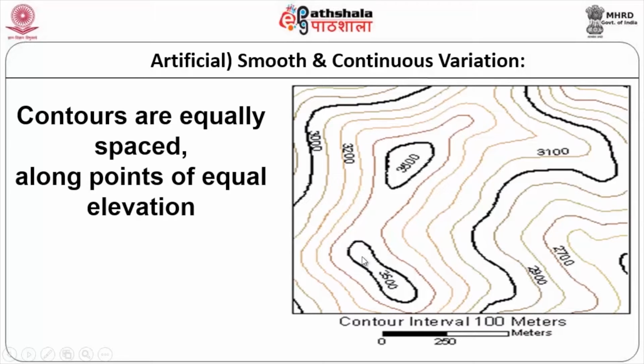Somewhere here, if we have at this particular point one value, that is called a spot height. Spot height will be here, and that will be 3644, or 3000-something less than 3700, because 3700 means one more contour would have come. So between 3601 to 3699 you will have